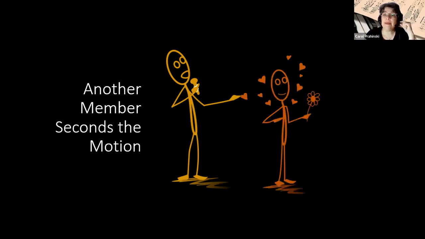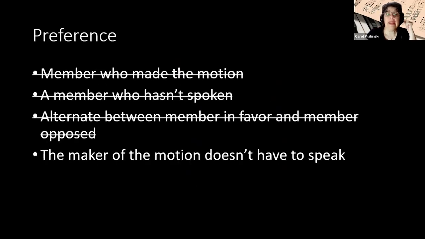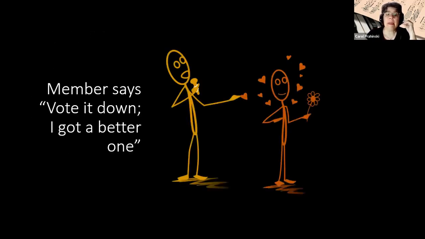And then another member seconds it. This person is really happy. Now who do I select? The maker of the motion does not have to speak. So if they are standing and would like to speak, you can call on them, the maker of the motion of the amendment. But if they don't stand and they don't want to speak, you don't have to call on them. So it so happens that we open it up for the debate and a member says,